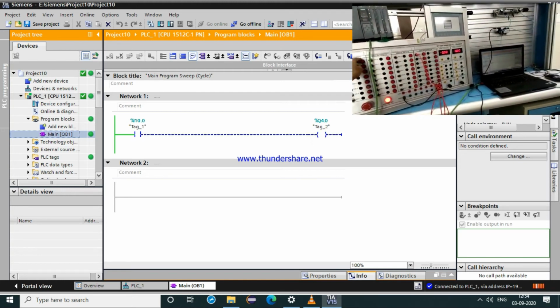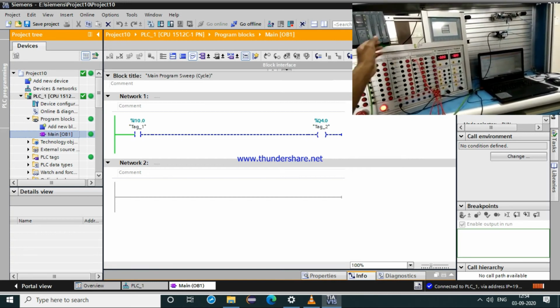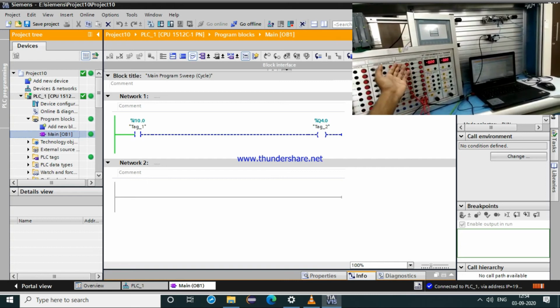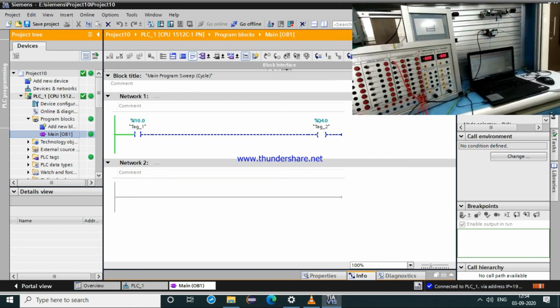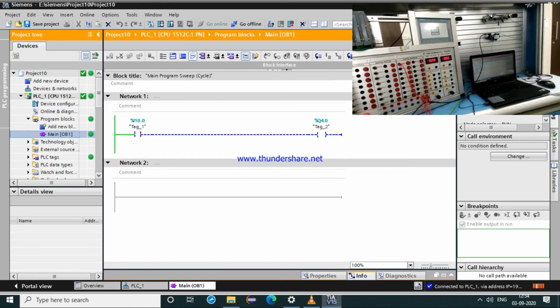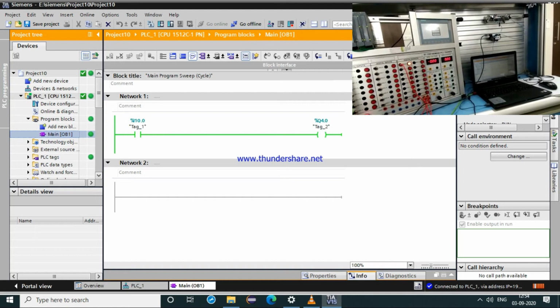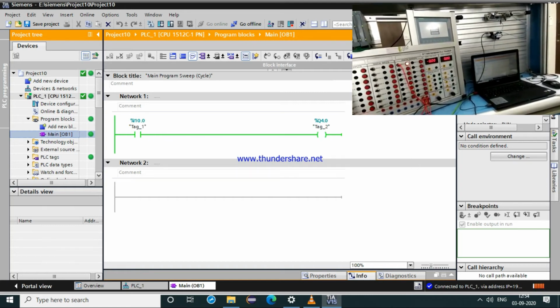So we can see that when I press my digital input, I get an output, this output is connected to the solenoid, and the solenoid will operate the cylinder. This is the functioning of using your PLC to operate a pneumatic system. This is one of the examples.